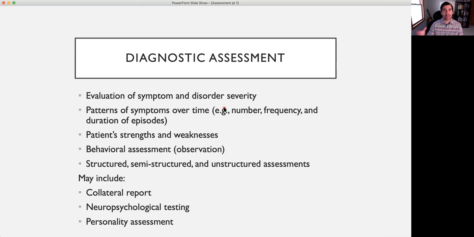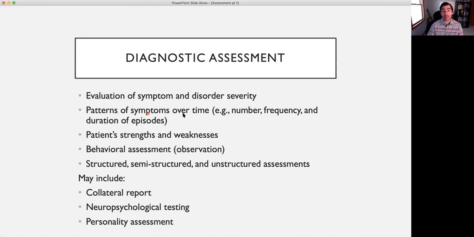And kind of narrow it down from there. And we try to make sure that we don't close off any doors. So we'll talk about kind of how the structure of assessments can help with that. But we make sure it's a very thorough process for asking about a lot of different types of things.